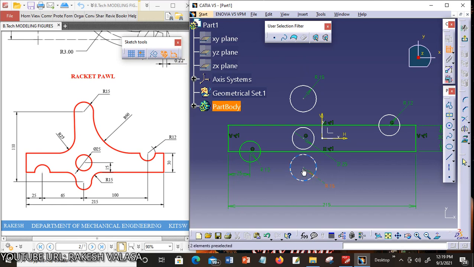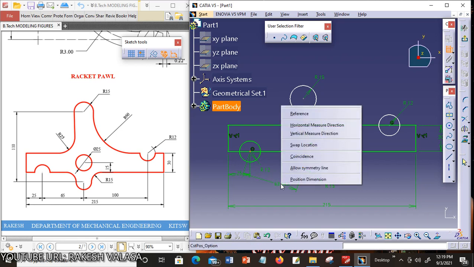Next you can give the constraint for this circle. We know the width, that is from this center point to this center point, that is 65 mm. Choose this center point and this center point, and here it gives an inclined dimension, so you can right click and choose horizontal measure direction.